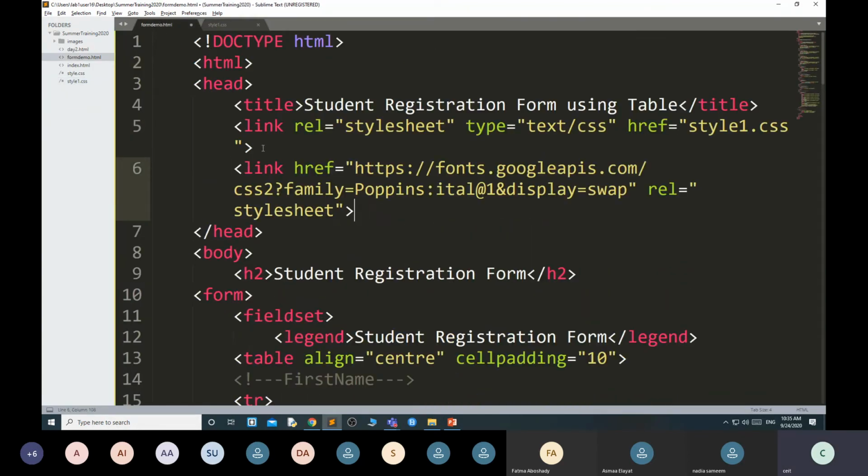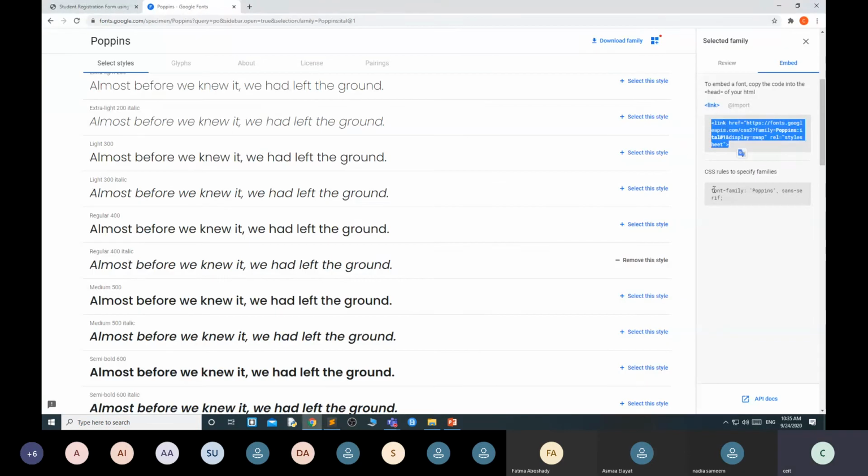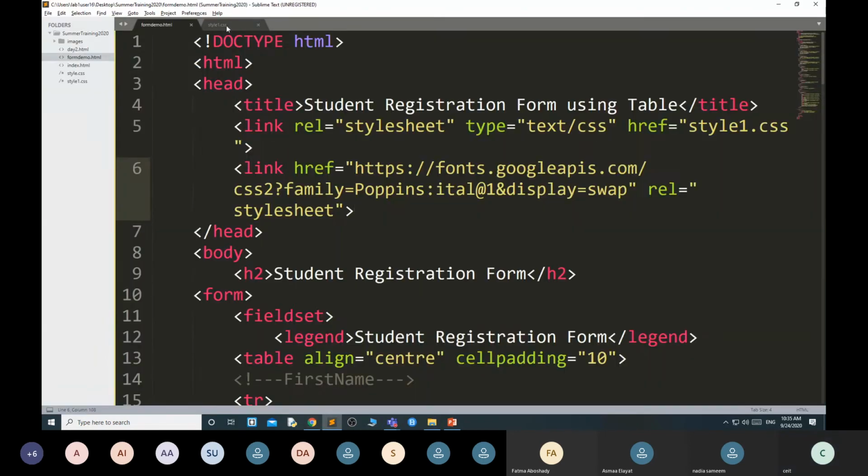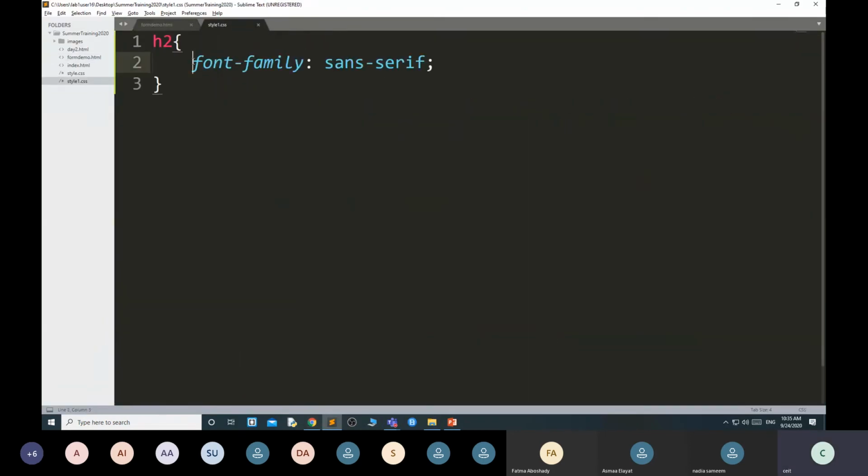Here, inside the head, paste it. Okay, save. Then copy this and paste it here. In this way you can use Google Fonts.